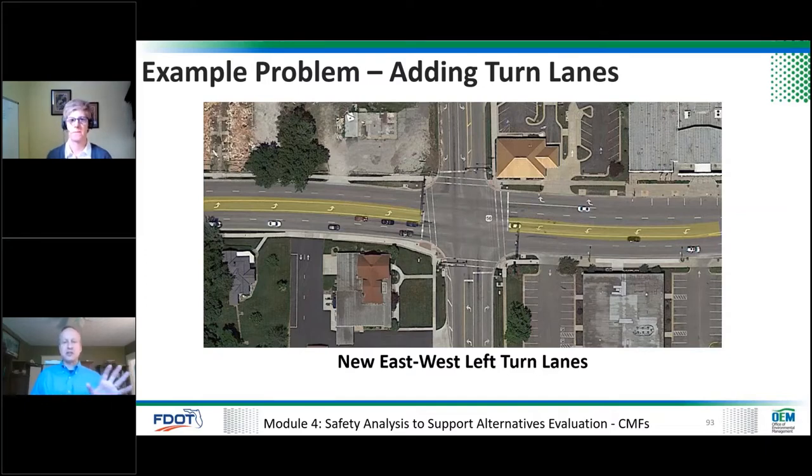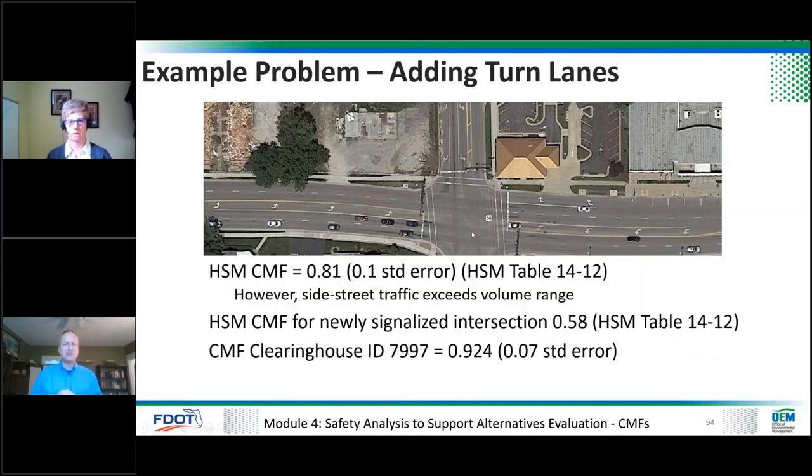I'll create an unrealistic situation here. We have right of way, and we can do this pretty inexpensively. We can restripe it, or whatever the case may be. So we open up the HSM, we look on the clearinghouse, kind of do the things that Beth talked about,